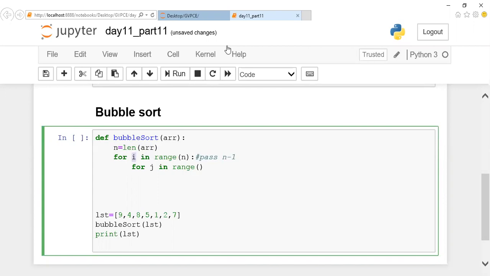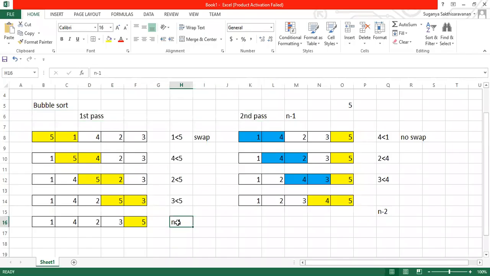So how many iterations are we going for each and every pass? We can notice that for each pass, it is n minus 1, then n minus 2, and if it is our next pass, it will be n minus 3. The last three elements will be arranged. So what is this 1, 2, 3 here? This 1, 2, 3 is nothing but your passes. So I can just mention n minus i passes.